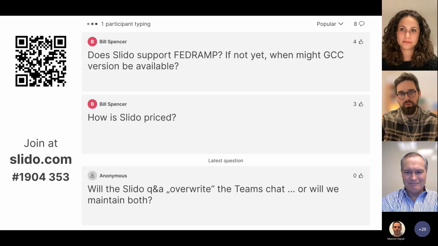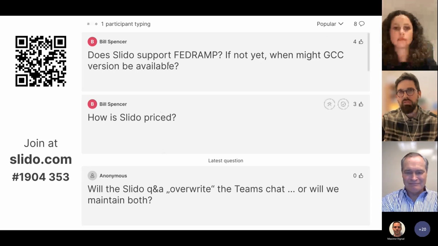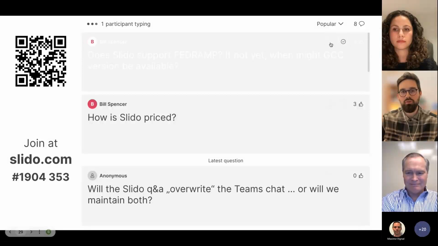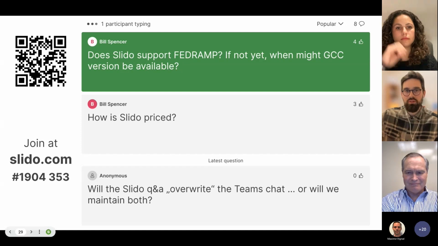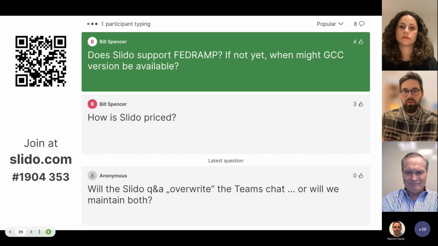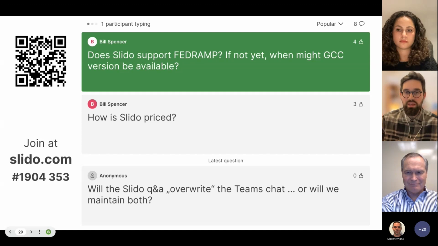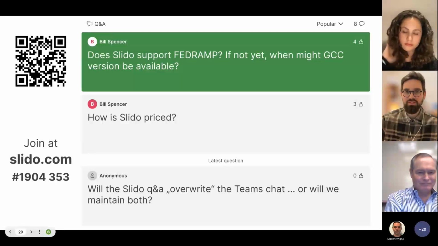No, Slido does not support FedRAMP. I know that in some environments, the customers who require FedRAMP work can figure out a way to use Slido even if it's not FedRAMP supported. I know about those customers. We have a dedicated task force right now who's exploring FedRAMP. I currently don't have that much information to give you right now, but the team is looking into it. That's the best I can do right now, but it's definitely on our radar.